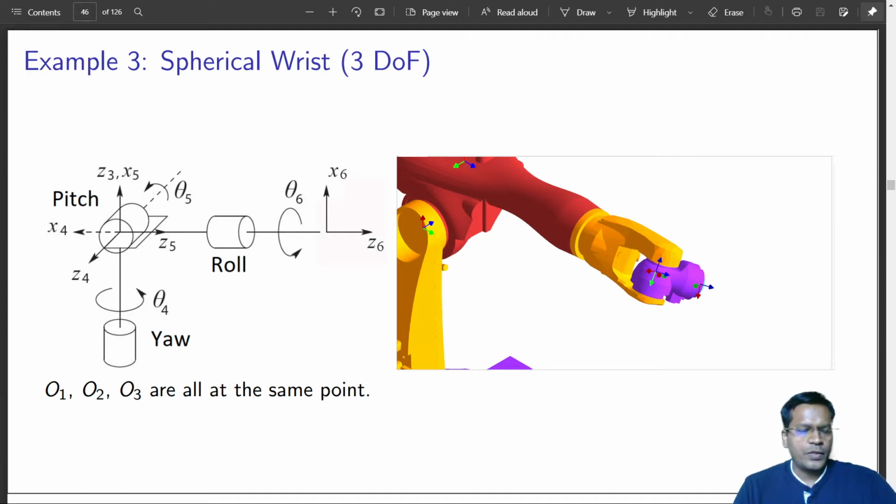Okay, so what we have done in the last two classes is more of a placement of frames and identifying the DH parameters. That is the distance between the two Z axes, that is the joint axes. We identified how much is the link length. We identified what could be the offset, taking a prismatic joint example, and we saw what is a link twist.